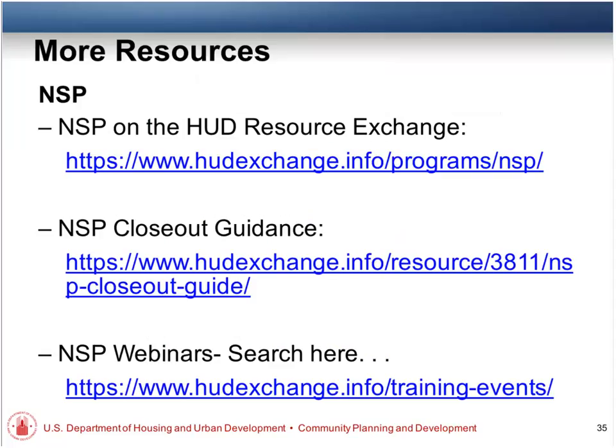Specifically, if you're looking for closeout guidance, there's a whole page on closeout guidance that includes the closeout notice as well as the closeout guidance that walks you through in a more user-friendly way all the different pieces of closeout. Now, one thing to note is that this closeout guide was written before the program income transfers were approved, obviously, and so it's not going to contemplate at this time the program income transfer option. Other than that, the closeout guide is still applicable. It will be updated to better explain this option to do program income transfers, but as of right now, it's not in there, so just keep that in mind.